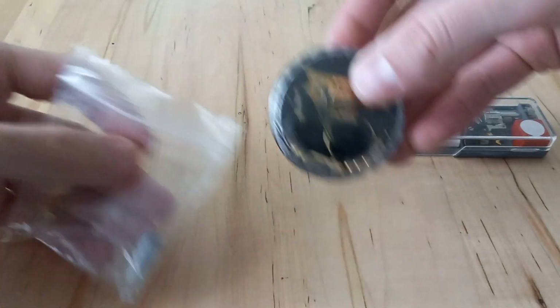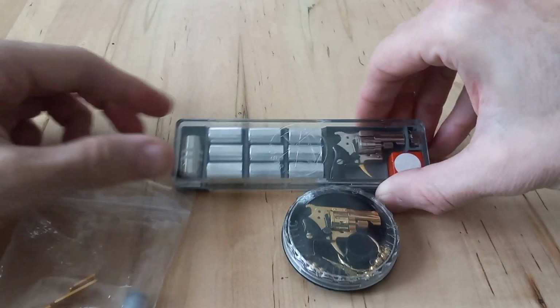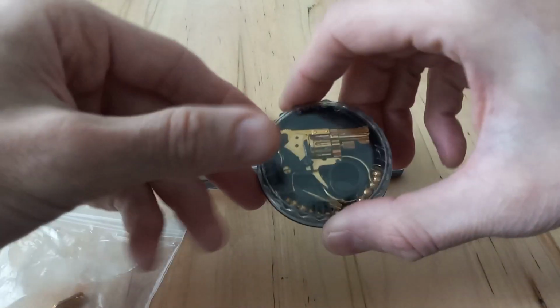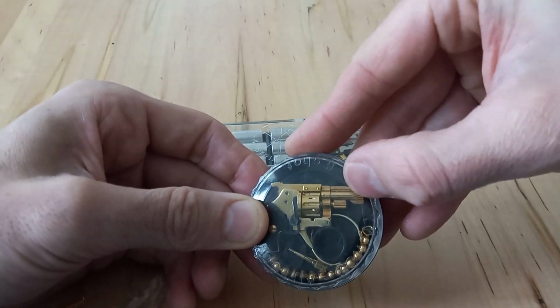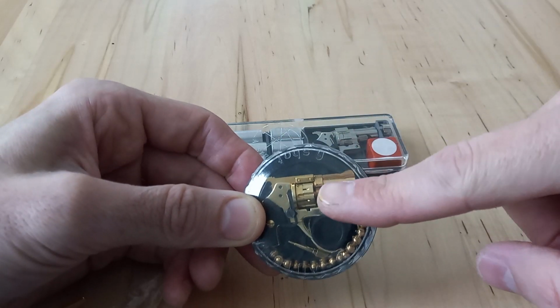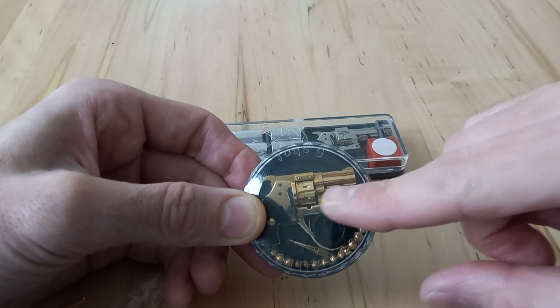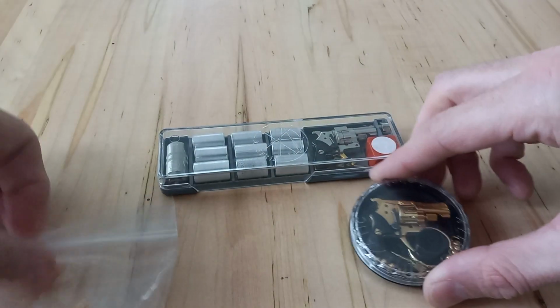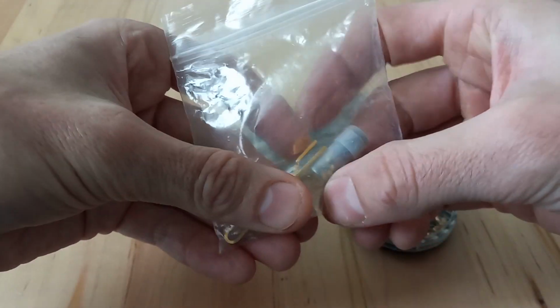So I got two versions. I have a gold plated and then the flare kit is another version of this pistol. The barrel looks different. This one has more of the Magnum look, whereas the other one I've seen just has the little stubby barrel. Doesn't have that secondary piece. So on this, I think it's just a little tie clip. I got blanks,